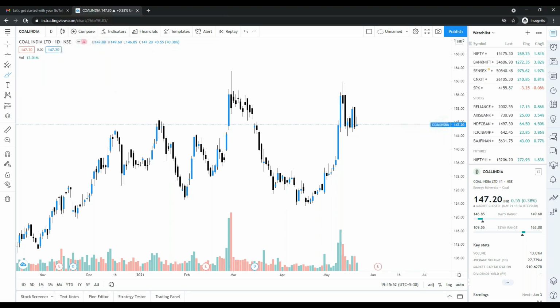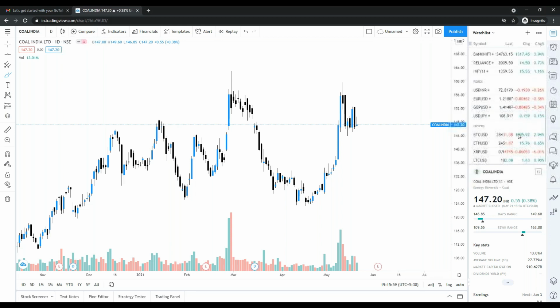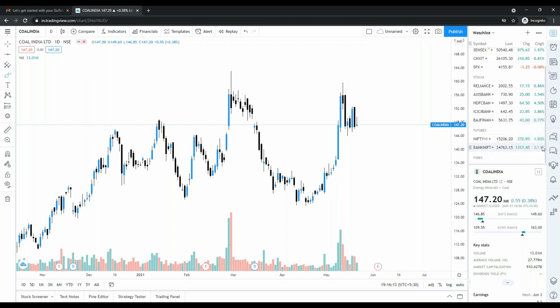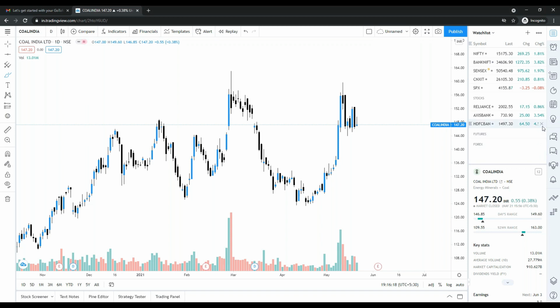Okay, so this is about this panel. This is the watch list panel. You can create your own watch list. These are the out-of-the-box watch lists given to you. You can simply remove this watch list like this. I'm removing this and I will create my own watch list. I will explain how you can create your wonderful watch list. I have my watch list of shares which actually work, some good shares from Nifty that I trade, and I will share them with you. They are apart from the commodity and currency trading I do.